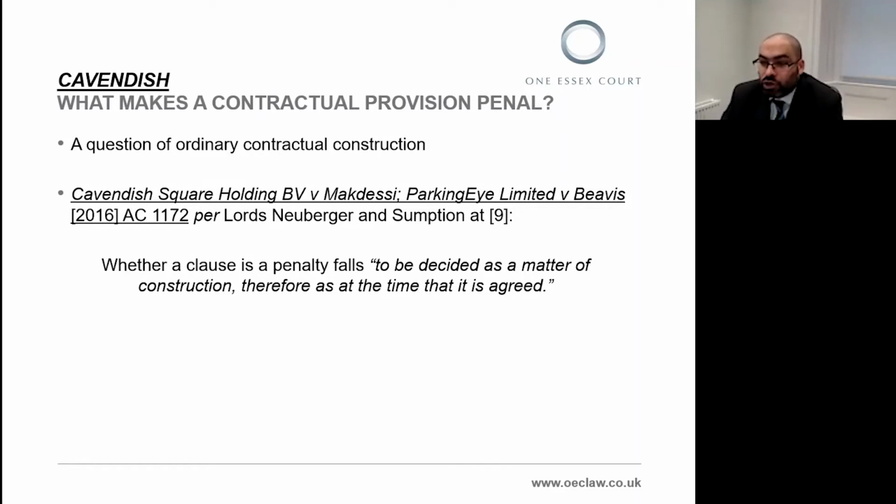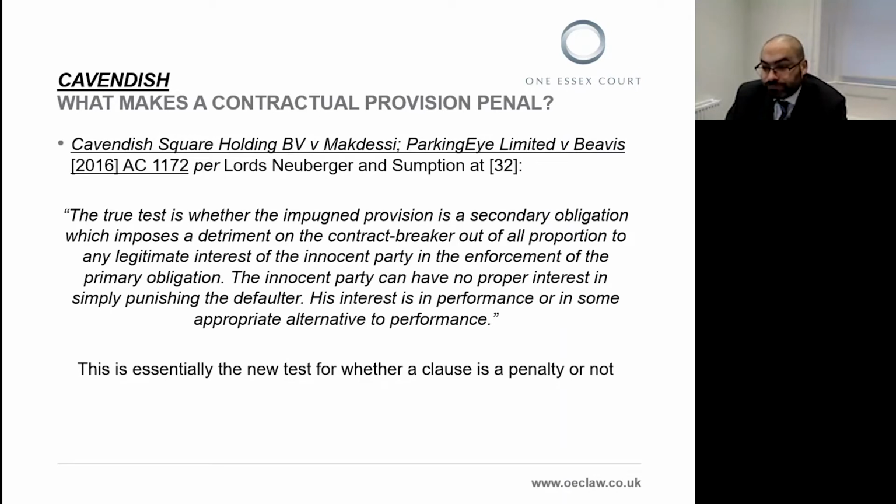The court must consider the contract as a whole, depending on its nature, formality and quality of the drafting, giving more or less weight to the wider context. That's one of the recent statements on contractual construction from the judgment of Lord Hodge in Wood and Capita Insurance Services. So the starting point is that it's a matter of construction.